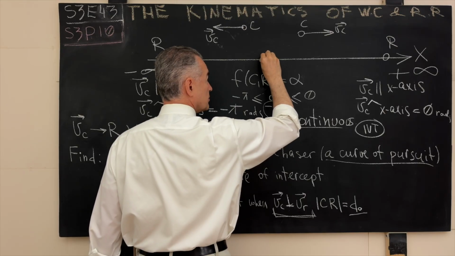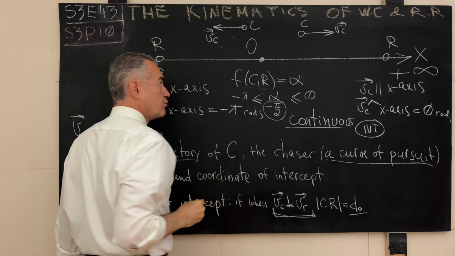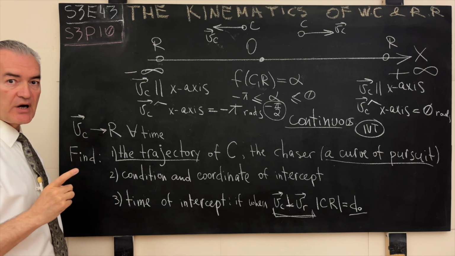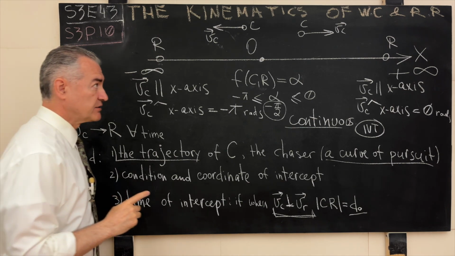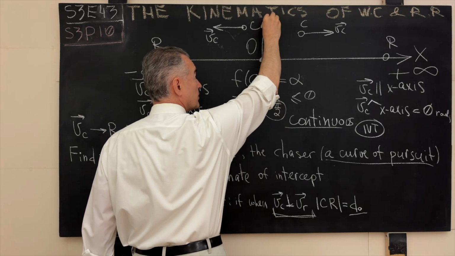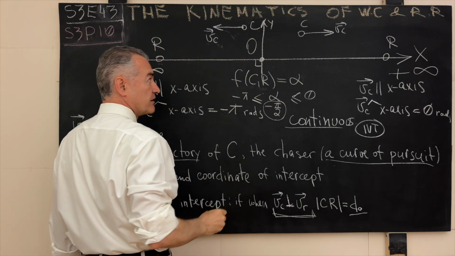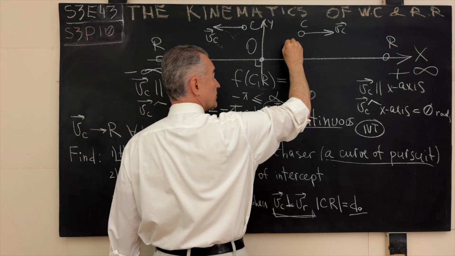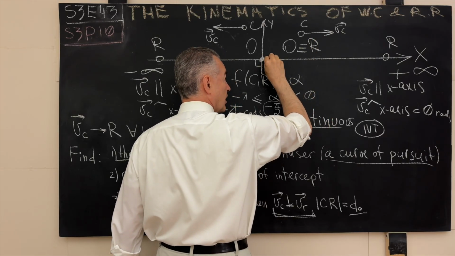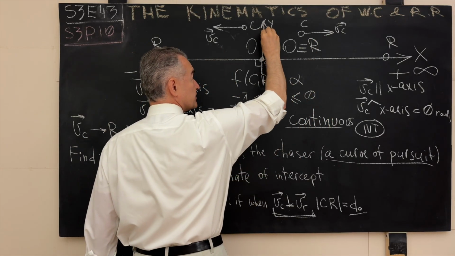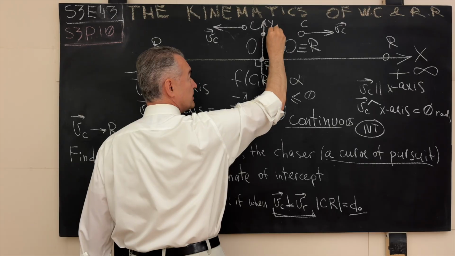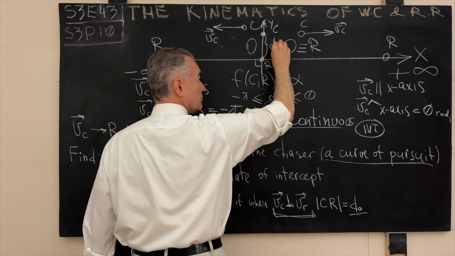And through that point, this will be the point O, through that point, we run another coordinate axis, which we refer to as y, perpendicularly or orthogonally to the x-axis. So our y-axis will run this way. This will be the y-axis. This is the right angle. And at that point, what do we have? We have our point O exactly the same as the point R. Here is the point R also. Here somewhere on that coordinate axis y, there will be the point C. This distance will be d0.